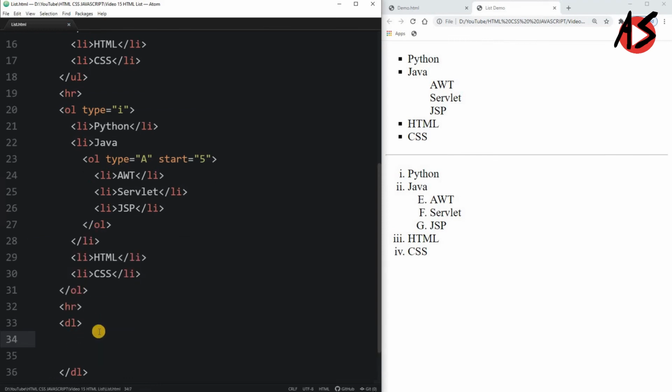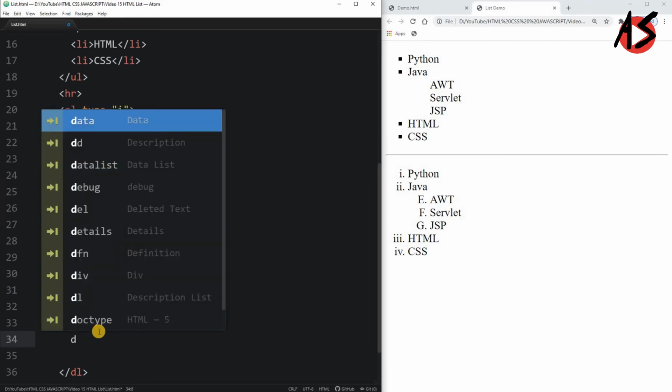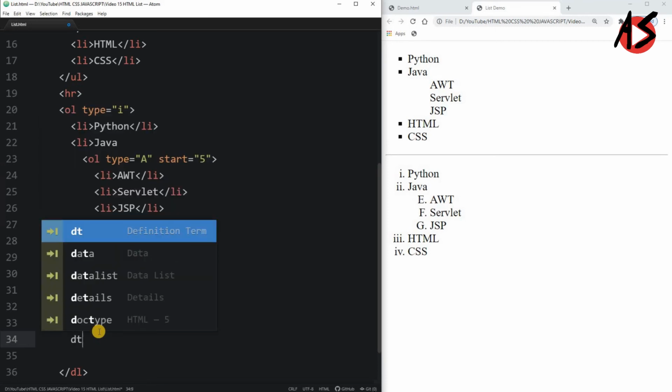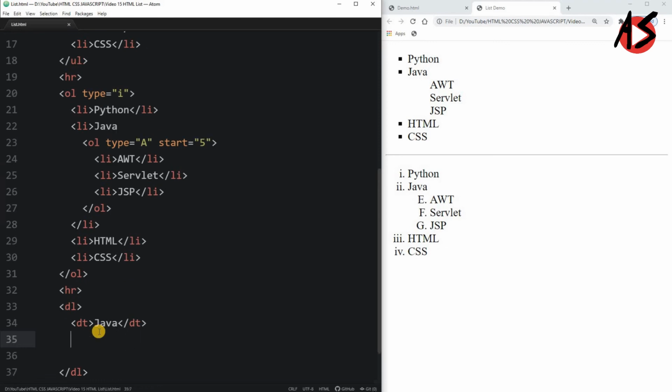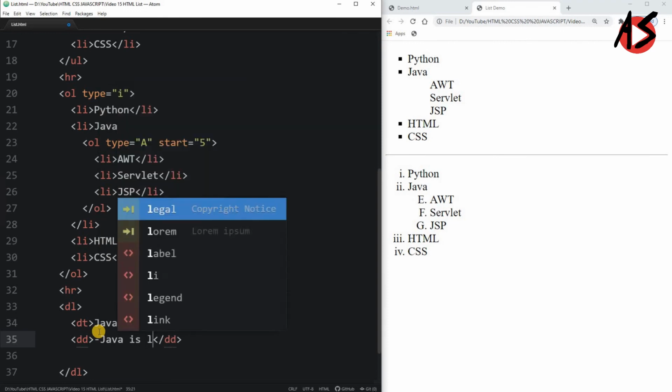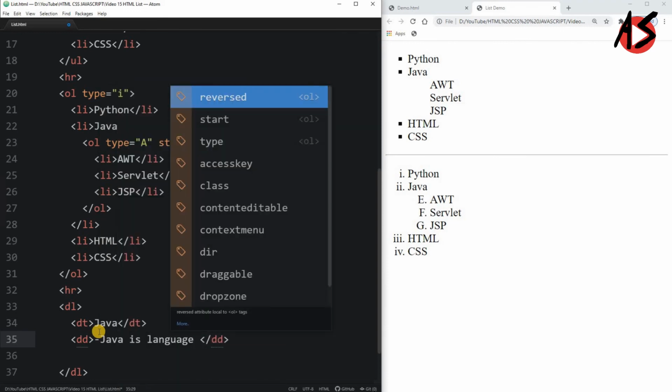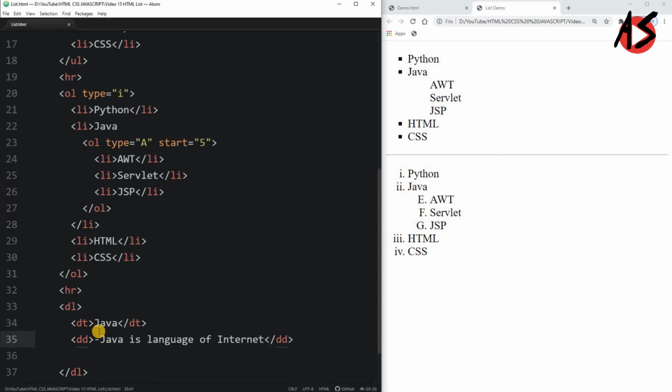Within the description list I am taking the description term using the DT tag, in which I am writing the term Java, and for the description I am using the DD tag, and here I am writing Java is the language of internet, and we will refresh the page. Here you can see the term and its description in a special format.